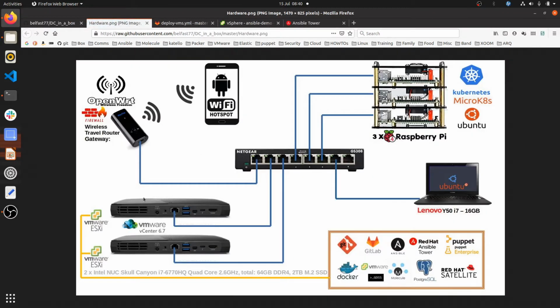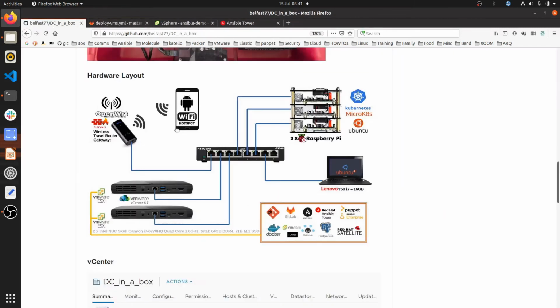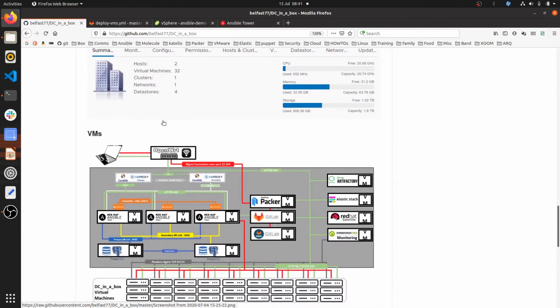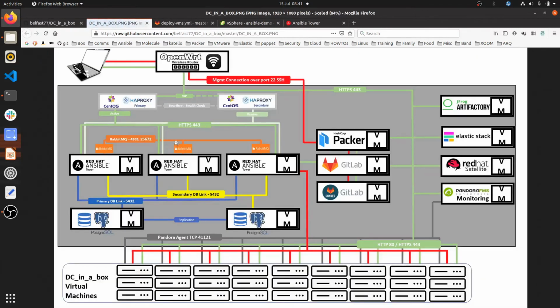So the pair of NUCs are Skull Canyon i7 quad core, 64 gig of RAM, and 2 terabytes SSD. We've got roughly 32 machines on it. I think there's more now. And this is the virtual machine layout inside